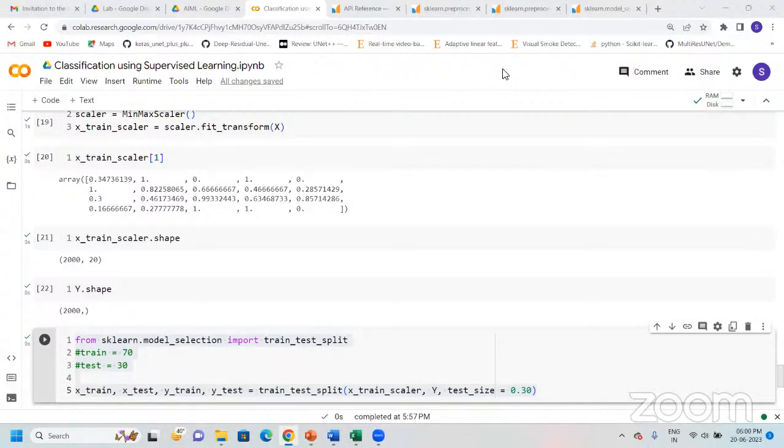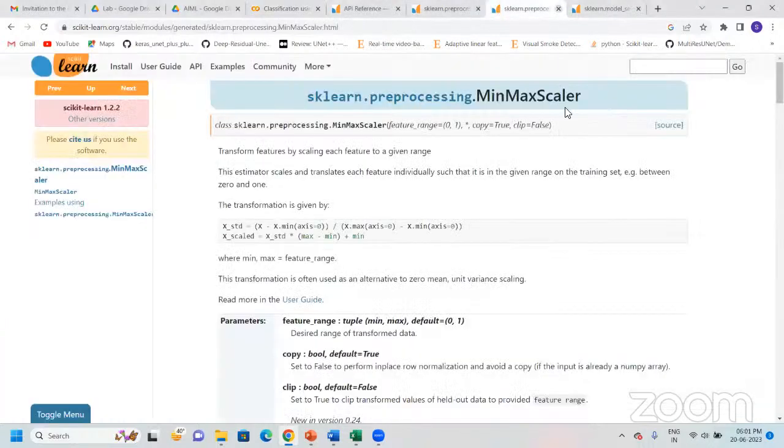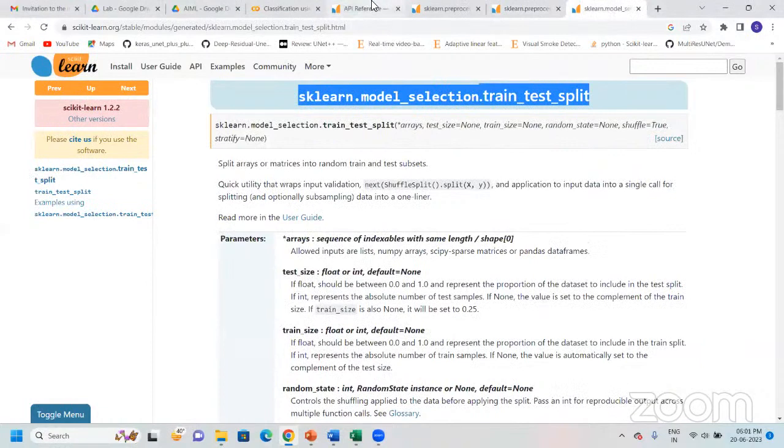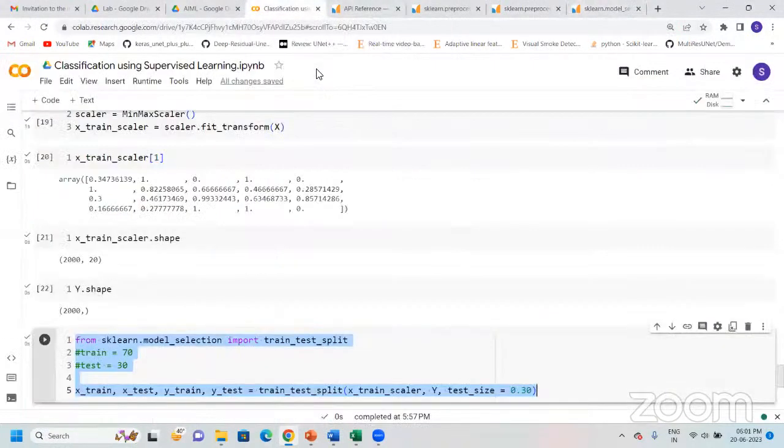You have many more functionalities inside the sklearn library. In every lab we would be telling you which libraries we are using. Like I have shown you here where these are present, like MinMaxScaler, train_test_split. So you can use many more functionalities by learning from these websites. Okay, Yash. Then